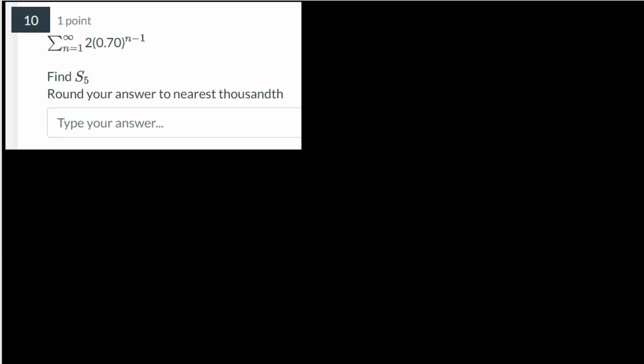Number 10, here you have a geometric series. It doesn't really matter because we are finding a partial sum. So when it says s sub 5, s sub 4, whatever number it says here, that's where we are going to stop. So we're not taking the whole sum of this infinite series. We're only taking the sum from n equals 1, and we're taking the partial sum to 5. So this question is asking, do you understand what this notation means to find s sub 5? This is a partial sum,